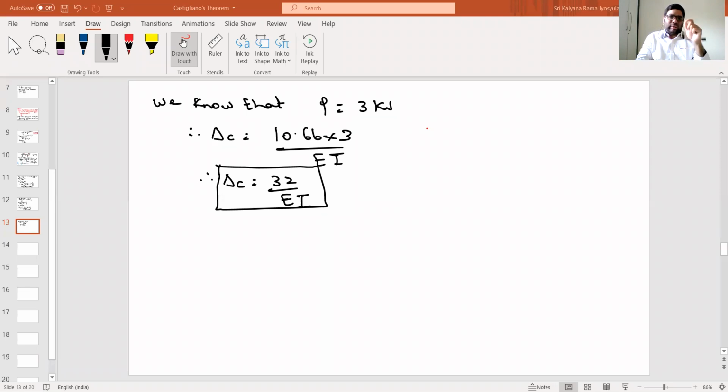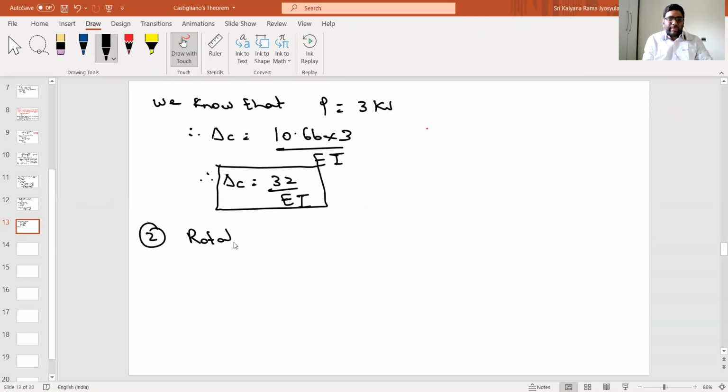So one thing is very clear, that whenever we are calculating deflection, try to convert it into load P if there is a load there. If there is no load, introduce a dummy load and finally make it 0. So that is how we need to understand and apply the concept of the strain energy as well as Castigliano's theorem. Okay. So let me go forward with the second portion of this.